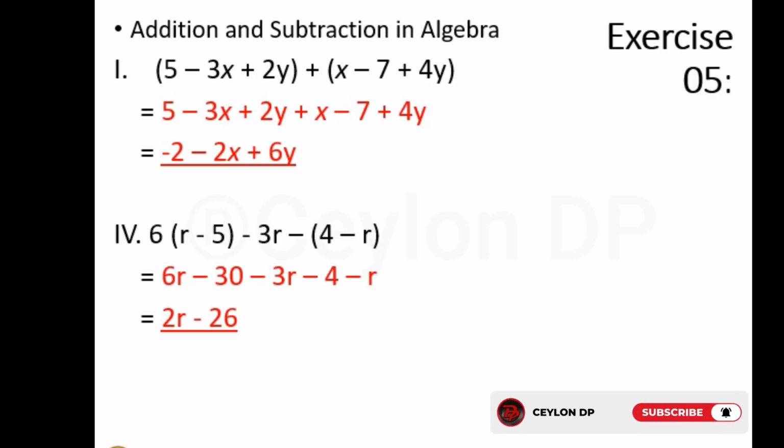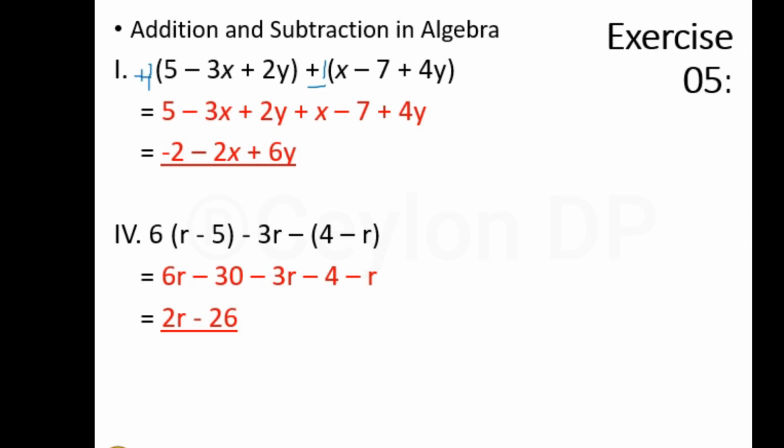When you are removing the bracket, we have assumptions. Here plus 1 is there, I'll mark it: plus 1 is marked. Here plus 1 is also there. When you are removing this bracket, you have to multiply by this plus 1. So plus 1 multiplied by 5, and then plus 1 multiplied by minus 3x, the answer is minus 3x,